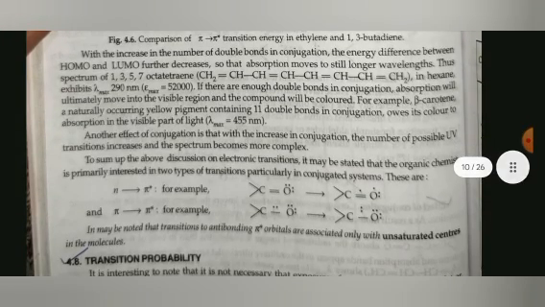With the increase in the number of double bonds in conjugation, the energy difference between HOMO and LUMO further decreases, so the absorption moves to still longer wavelength. The spectrum of 1,3,5,7-octatetraene in hexane exhibits lambda max 290 nanometers. If there are enough double bonds in conjugation, absorption will ultimately move into the visible region and the compound